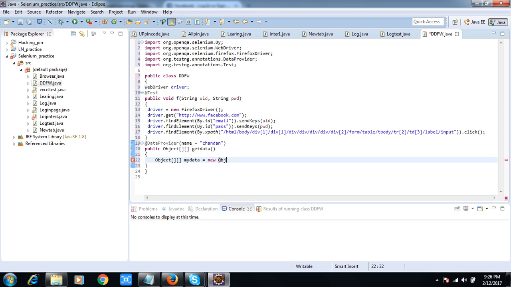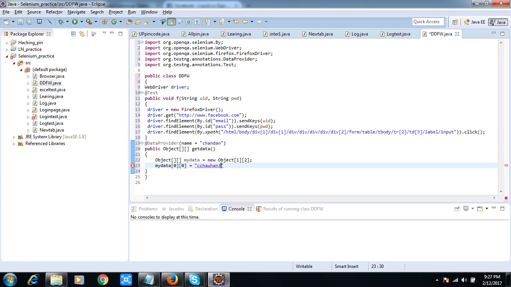I need only one row and two columns because I'm covering only one scenario, and if you want to use multiple data, you can give the size as per your requirement. Then my data at 0th row and 0 column will have the data equal to C Chauhan 32, which is my Facebook username.